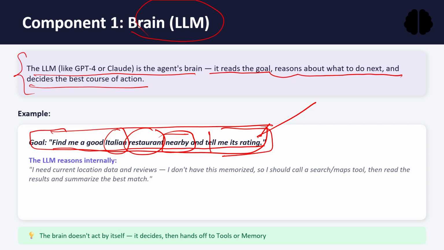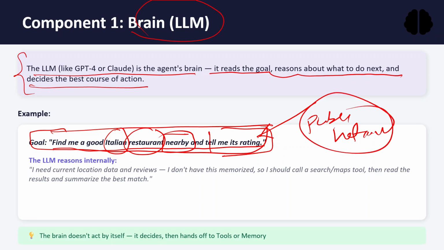Now rating is something which is available on the public network, right? Whenever you go to book any restaurant, there are a lot of ratings given by the public, available in the public domain. Now second thing, you have to look for Italian restaurants only, right? Then third is the nearby. If you are asking your agent to look for an Italian restaurant nearby, your agent has to know your location, right? For that, it needs access to your location so that it can look it up. So for nearby, you have to provide a tool to your agent so that it can look up the